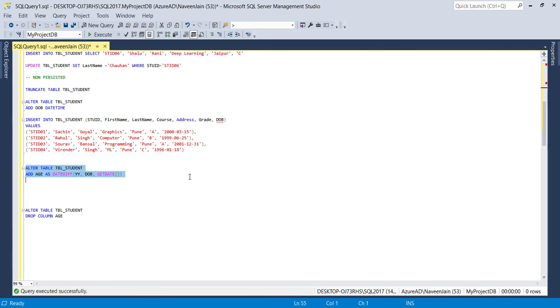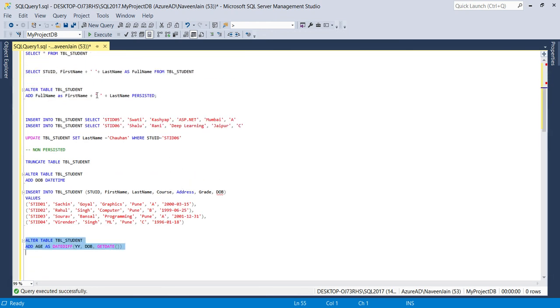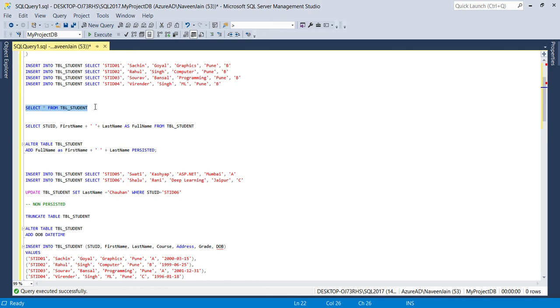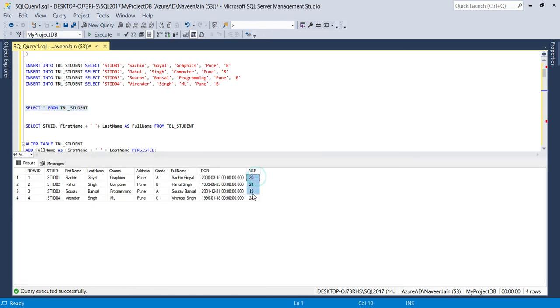Now it has been computed, and if we select it, we can see the age has been showing here, but this is not stored physically into the table. It is not taking any physical value. Whenever we run this select statement, it will show us the value. If we run this select statement after 1 year from today, the value will be incremented by 1 here.